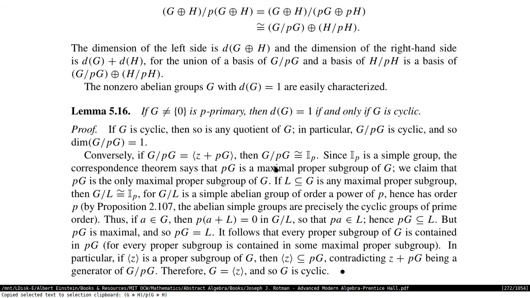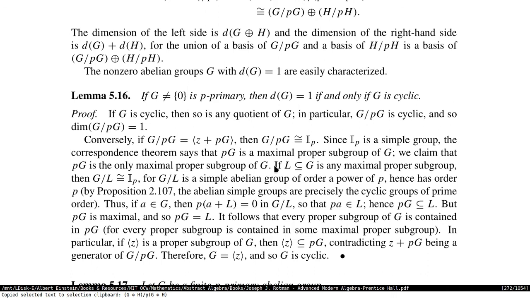Lemma. If G is not the trivial group and is P-primary, then the D of G is 1 if and only if G is a cyclic group. So if G is cyclic, then so is any quotient of G. Every quotient of G is going to be cyclic. In particular, G mod PG is going to be cyclic, and if G mod PG is cyclic, then the dimension of G mod PG is 1,